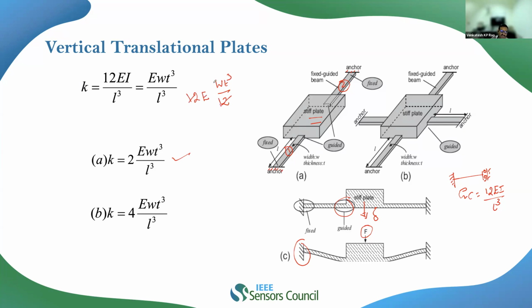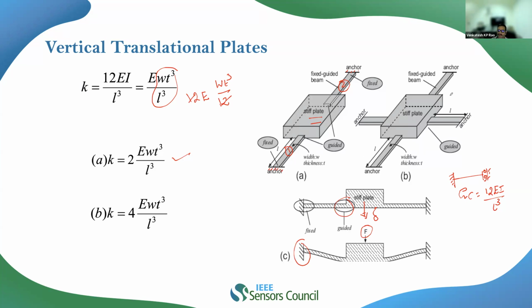So this 12 and 12 will cancel out. That's how we will basically get it out to be ETW2 divided by L, right? Now, on the other hand, this first one is a case of a micrometer, and the second one would be a case of an accelerometer or even the microphone under consideration, wherein